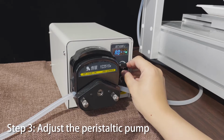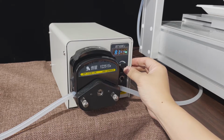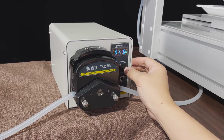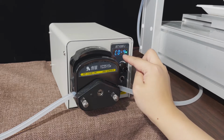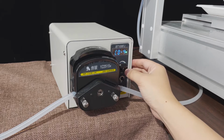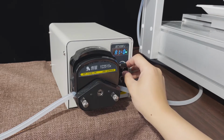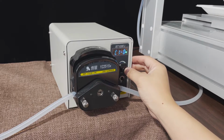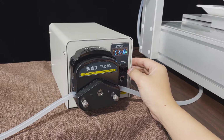Then we need to set the A1. Press the A1. You will see C04. C04 is our setting. Now press into A11. Press A11. We need to set it